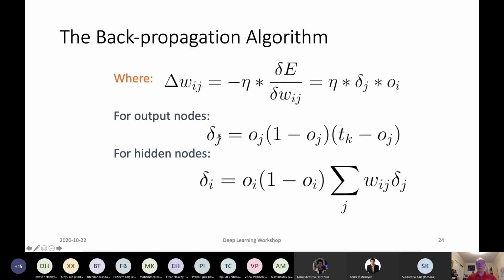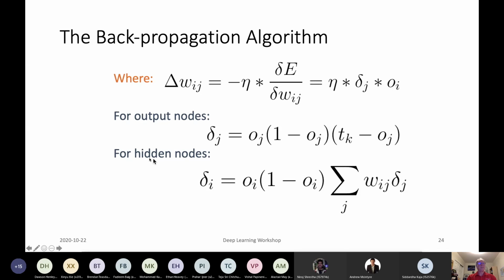So for output neurons, this fellow right here is equal to this equation, which when you look at it, it's really kind of odd. It's saying that the way to adjust the weight is to consider what it's outputting right now. But of course, it also takes the difference between what it's outputting and what you'd really like to have at that output. By the way, that should be a j, not t_k, it should be j.